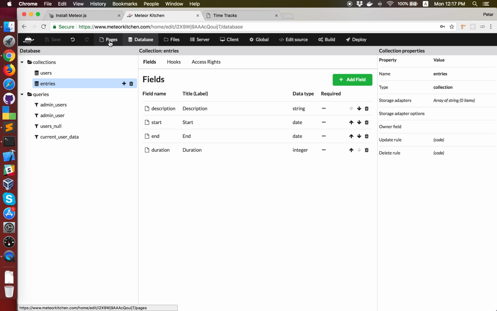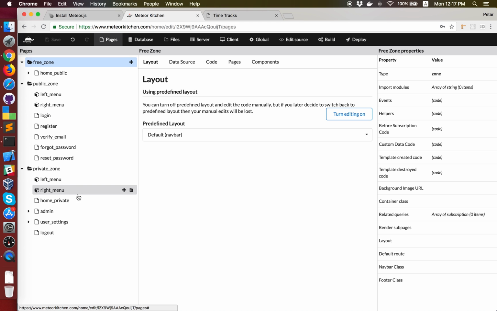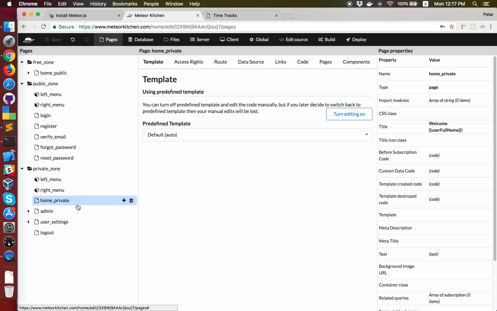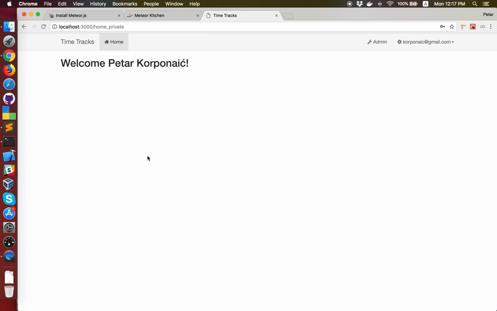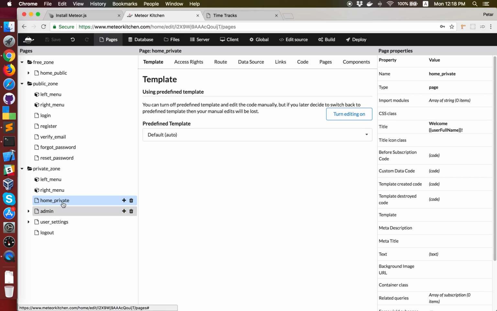And let's go to pages now, to the front-end. This home private page is the page which the user can see immediately after login. We will remove this welcome message and add a table with time entries here. So let's rename the page to entries. Remove this welcome text and